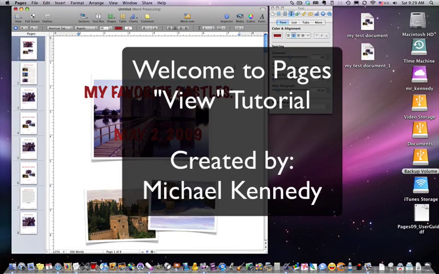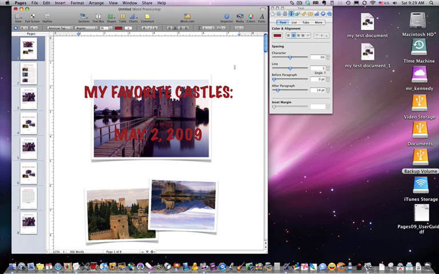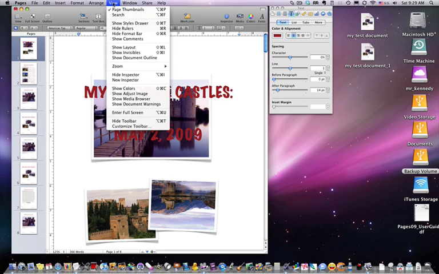Well, welcome back. Today we're talking about pages and the menu options. Now we've moved on to the view menu. Some of these changes to this document here were done in the previous videos. And again, I'm going to cover the view menu option located in between the arrange window and window menu options